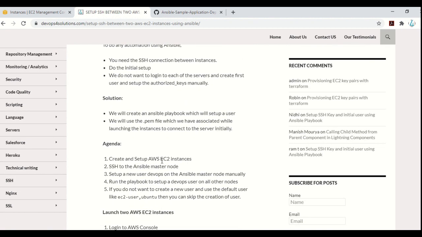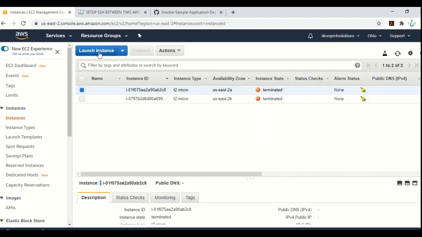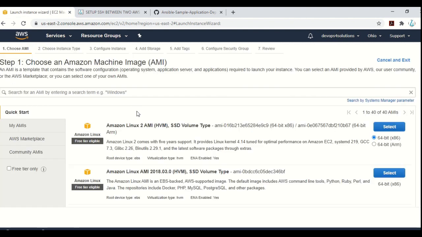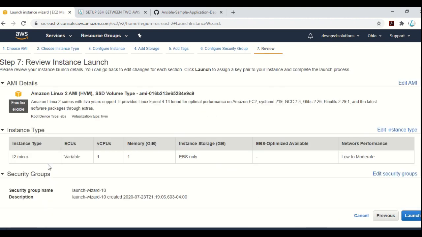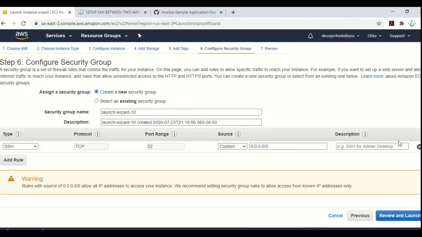So first I will be creating the AWS EC2 instances. If you are not aware of how to create AWS EC2 instances, then you can also follow this. I am just using the Amazon Linux AMI. I'll select it and keep all the configurations default. I'll just edit the security groups to allow SSH from any machine. Otherwise, you won't be able to SSH to the machine if you restrict this. So for now, I am just putting it at anywhere, but obviously you can restrict it.